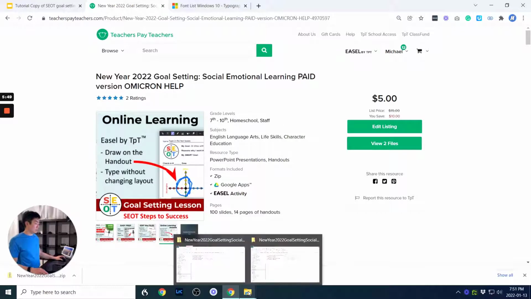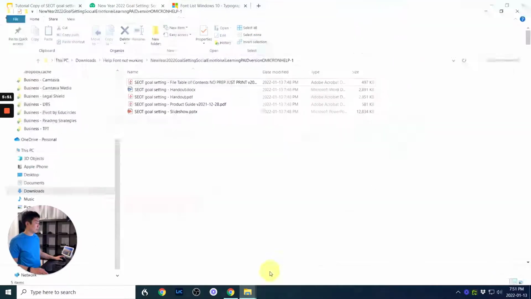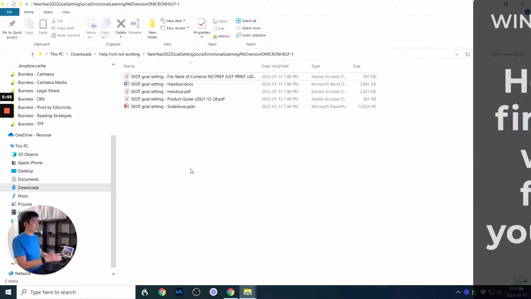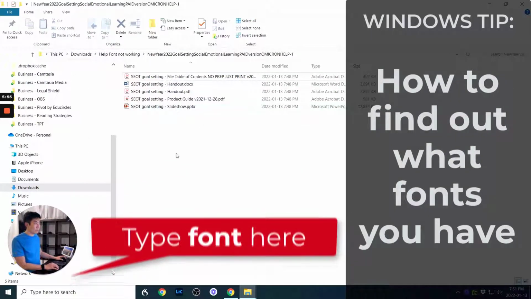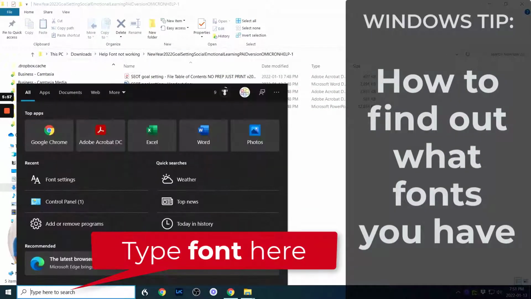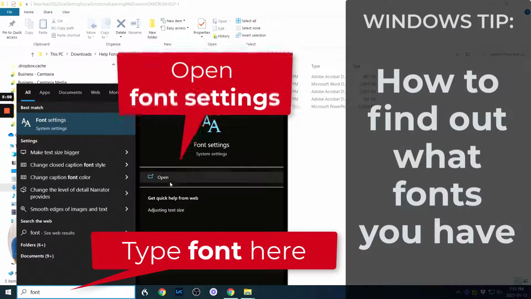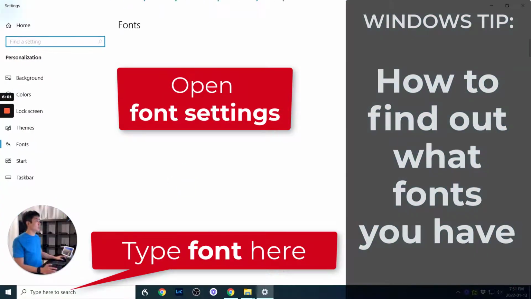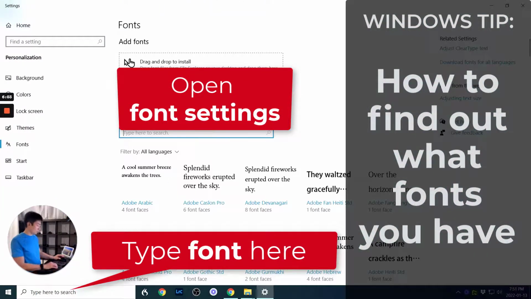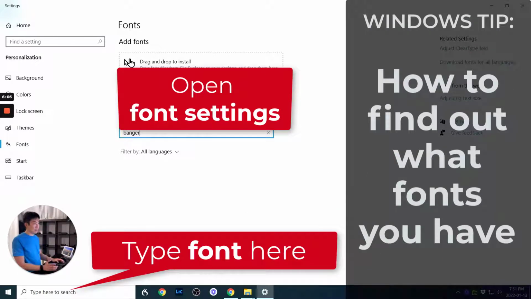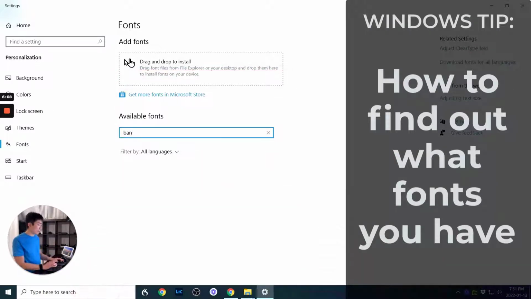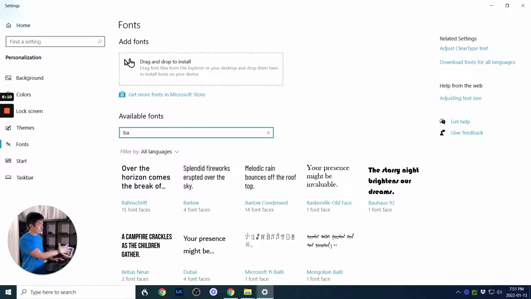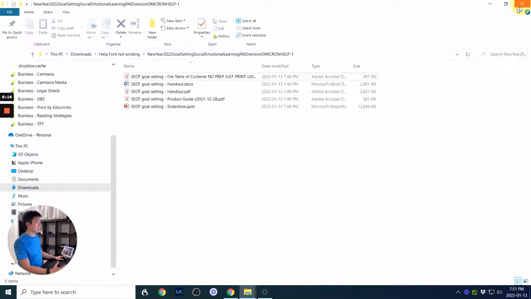All right, so I'm just going to go back here. Here's the file. Okay, so here's my slideshow font. And what I'm going to do right now is show you the fonts that I have installed on my computer. I'm going to search up my fonts. And I'm just going to type Bangers, which is the name of the font, right? So I do not have Bangers installed, but I have some other BA fonts. So, okay, Bangers is not installed on this computer.